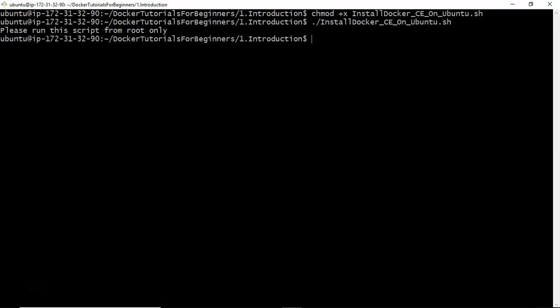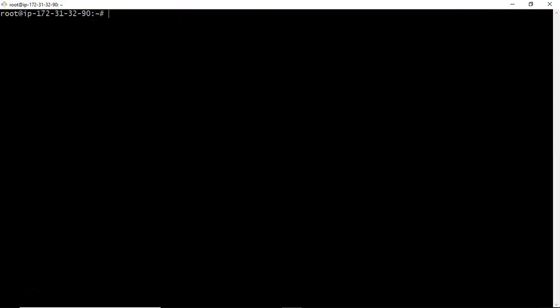See, to install your packages, you should have root privileges or you should run your commands from root user. So anyway, here I designed this script such that it has to execute only from root user. Now let me switch into root. You can copy your required script to your root location or directly you can provide complete path. So let's say home, under this user we have Docker tutorials. In that introduction part we have a shell script. Now let me run it.